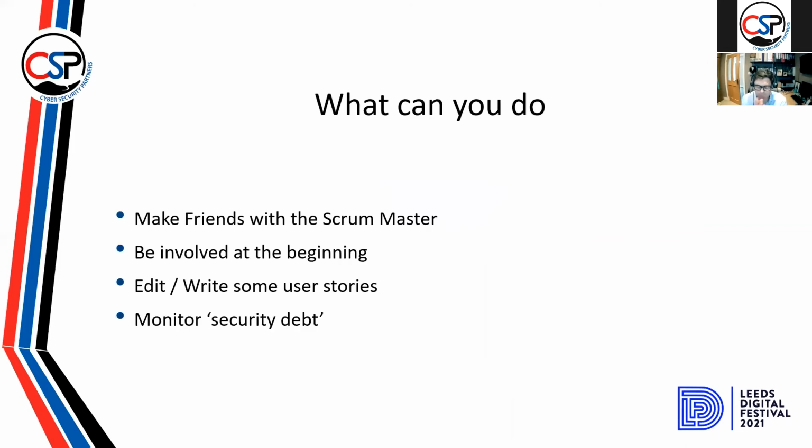So from a security perspective, what can we do? It sounds silly, but on the traditional side, there would be a project manager, and it would be engaging with them to ensure that they had security. Now, the Scrum Master's role is slightly different than a project manager, because they're responsible for removing all dependencies and stopping any distractions coming in, so that the team, the Scrum, are focused on their task.